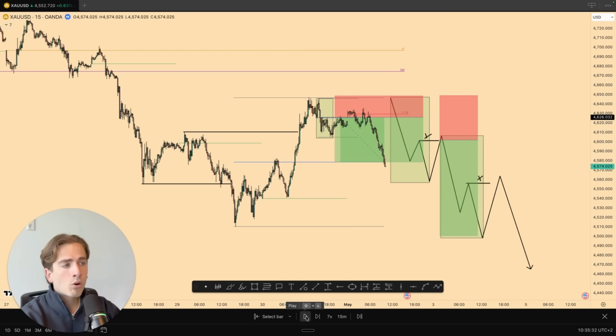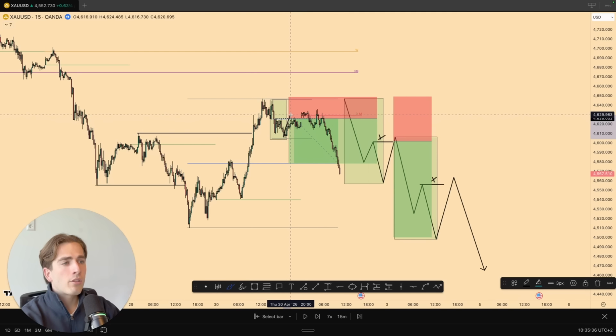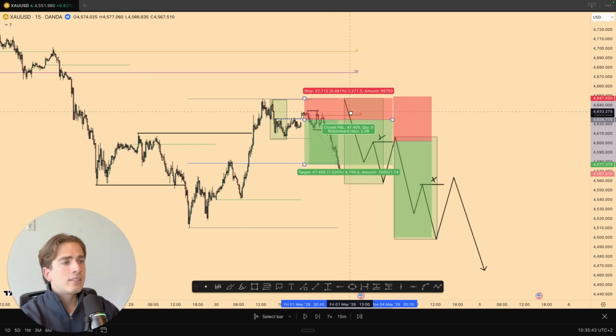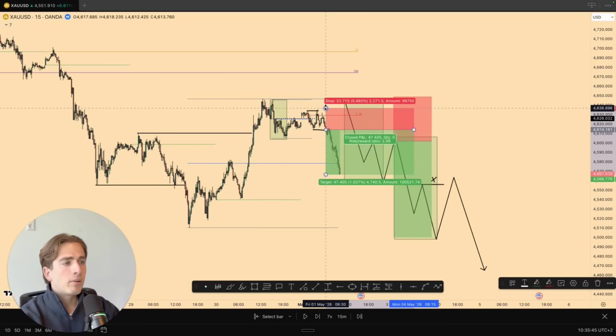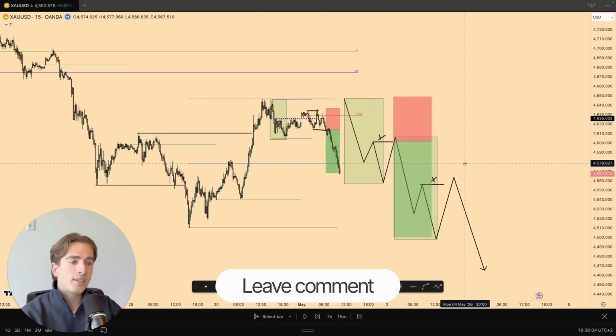Now, if you want more confirmation on the overall short position, you can also decide that you wait for the market structure shift to take place, where you, for example, sell on the overall low break that took out the overall high here, and then that sell would be looking something like this, where you place a stop loss above the highs and again also target a 1 to 2 risk to reward. Now, I've seen on the 50-minute time frame that this works the best with a 1 to 2 risk to reward, so that's also what I personally would advise using,